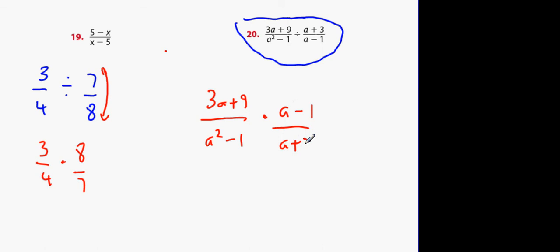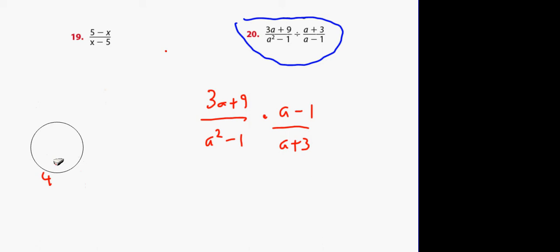Our next step is to identify what we can factorize. So let's start off with the easiest one, okay? Mr. Kavanagh. So what can we take out of this one here? Our first target is the green target. What can we take out of the green? 3. 3 into